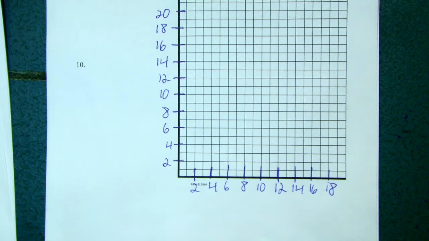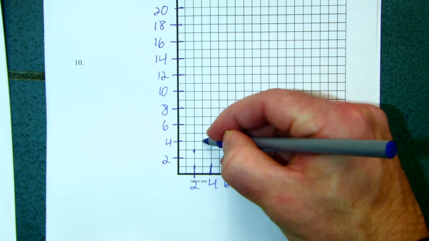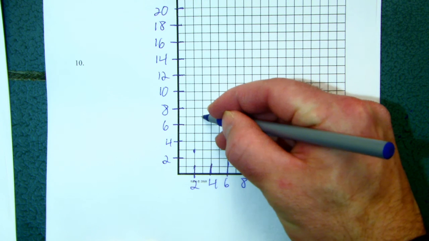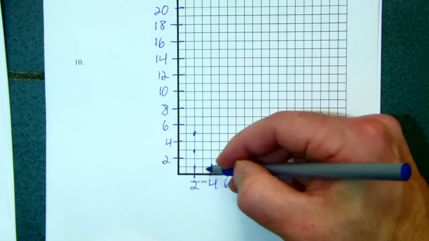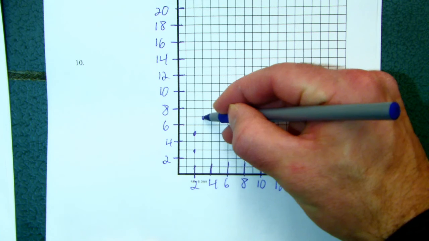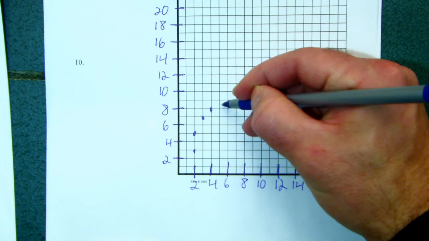All right, and then your next job is to plot all your points. So we have 2, 5, 3, 7. Oops, 2, 5's right there. My bad. And then we have 3, 7, 4, 8, 6, 8.5,